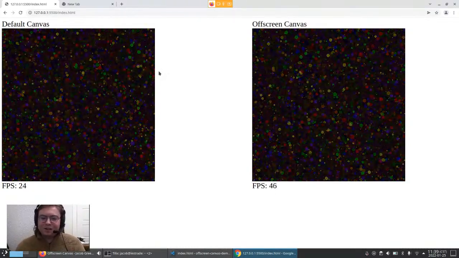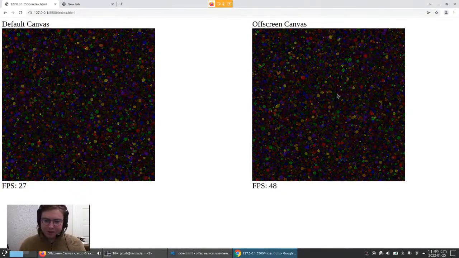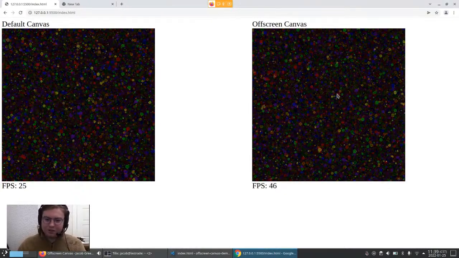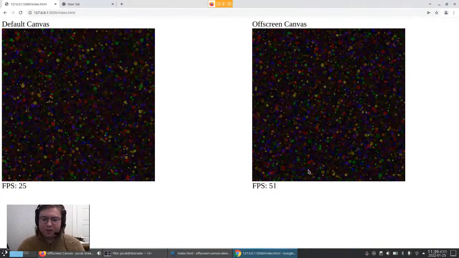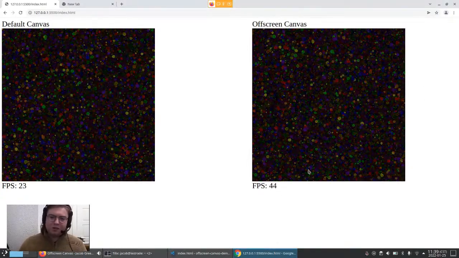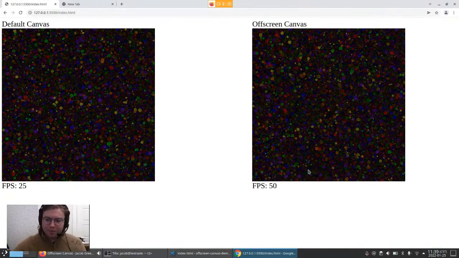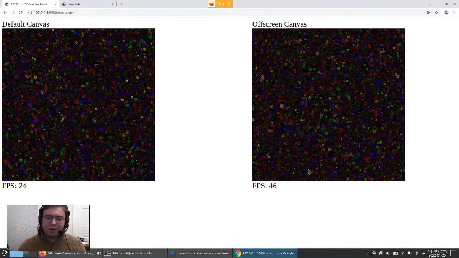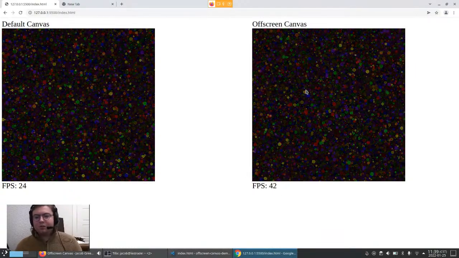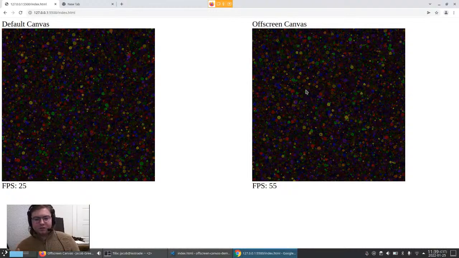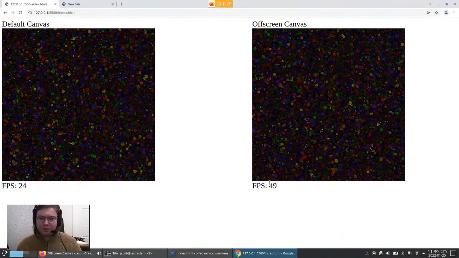And then in the off-screen canvas, since all of this rendering is done in a separate thread asynchronously, it'll render in its own thread very quickly, and then we grab the different bitmap images that are rendered in that separate thread and just display them here in a much faster way. So this is actually giving us almost real-time 50 FPS